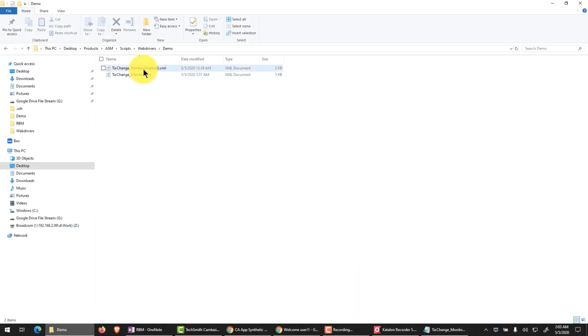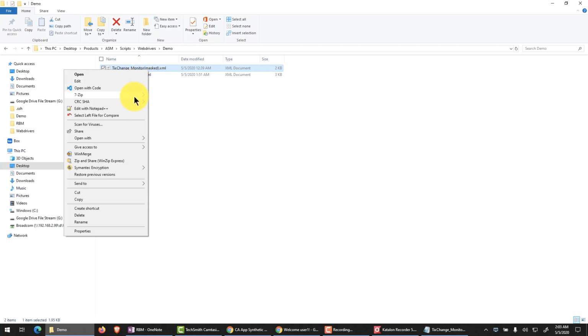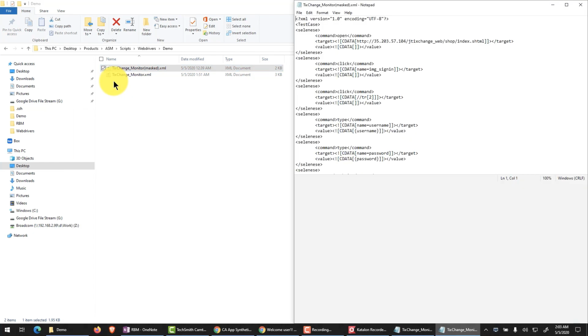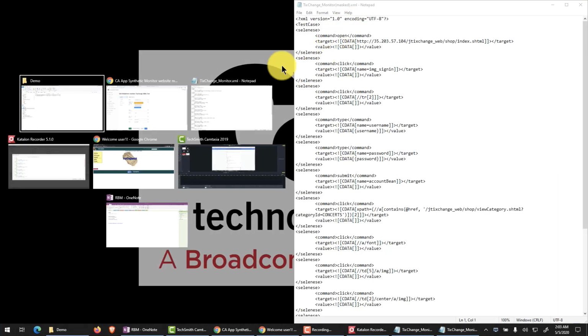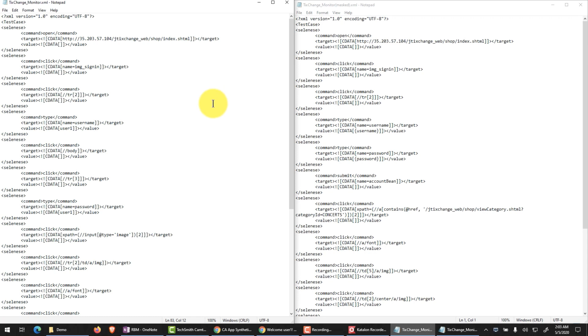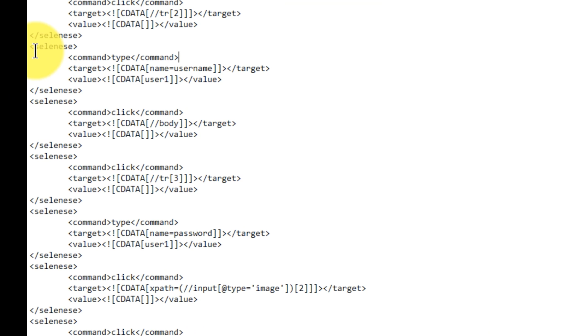I've already gone beforehand and created a masked version. So for the sake of comparison, I'm going to go ahead and open both of them. So to my right is the masked version. To my left is the original version. And essentially what I did is I wanted to mask my username and password. So you could see in here,